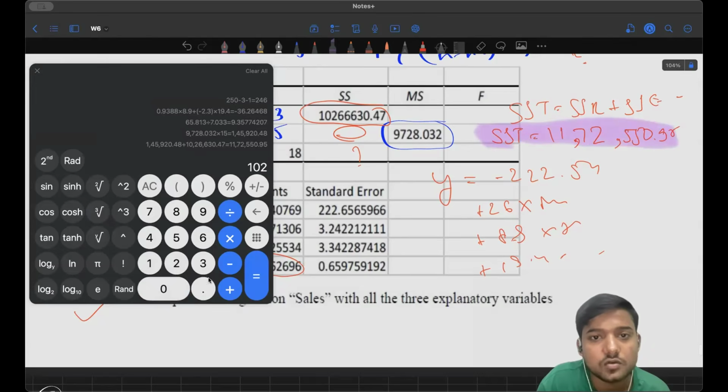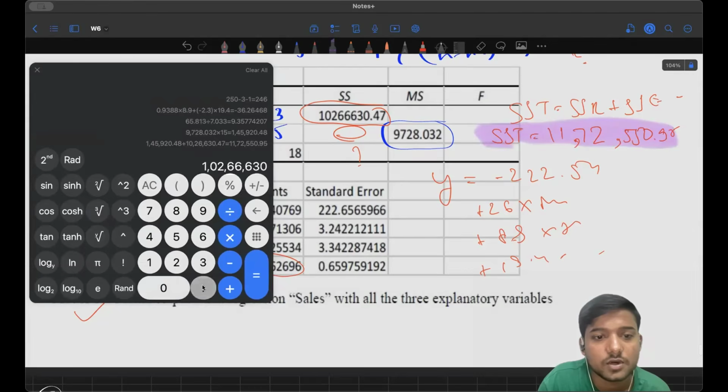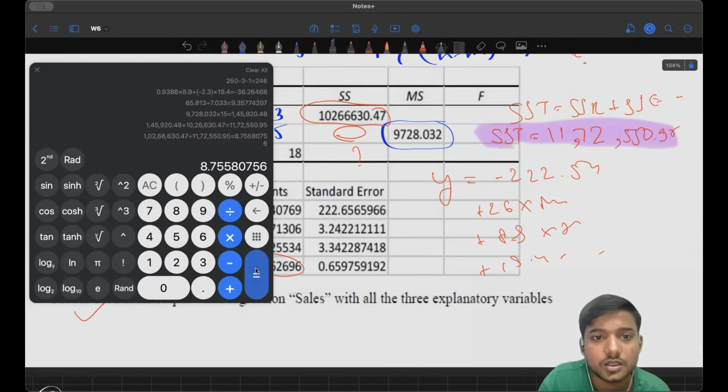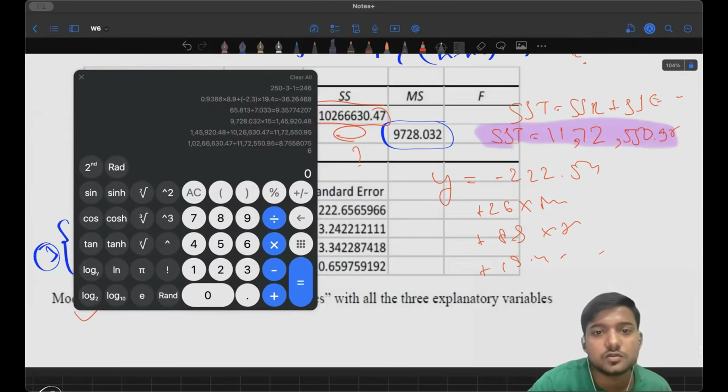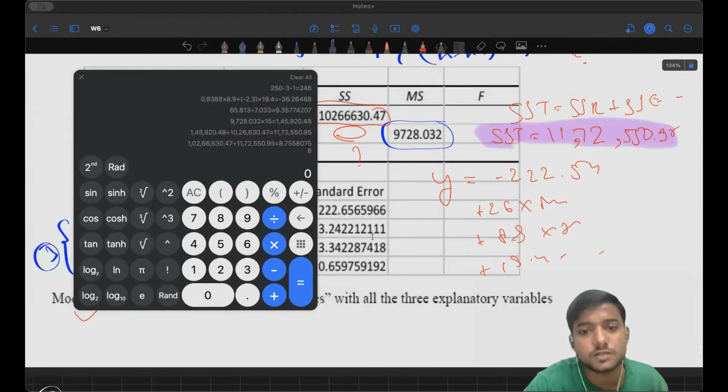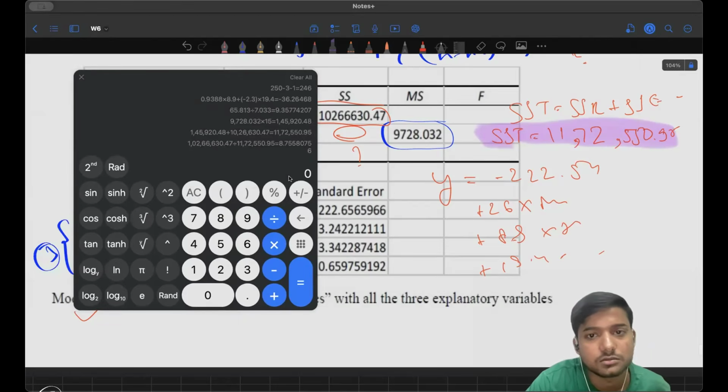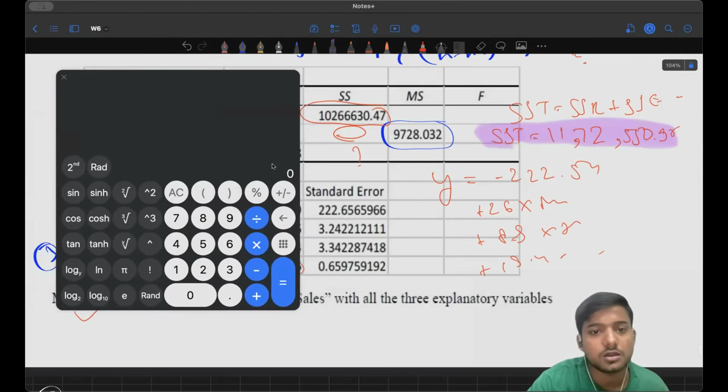What is going to be that? 102666.30.47 divided by 1172550.95. So you see, I think I did something wrong here. You can check this thing. This was 102, that thing. And that part was coming out to be, let me do it again,